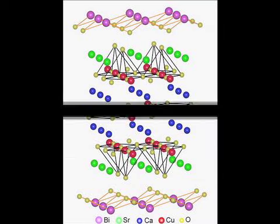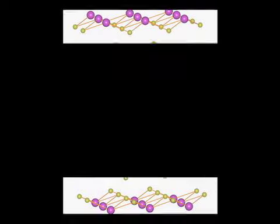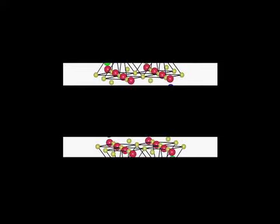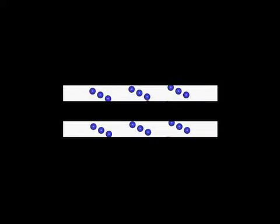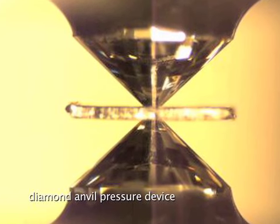Bi 2223 is like a layered cake. On the top and bottom are insulating bismuth oxide layers. On the inside of those come layers of strontium oxide. Next are layers of copper oxide, then calcium, and finally the middle is another copper oxide layer. Interestingly, the outermost and inner layers of copper oxide have different physical properties, resulting in an imbalance of electric charge between the layers. The scientists doped the material with charged particles, which also helps raise the transition temperature, and then